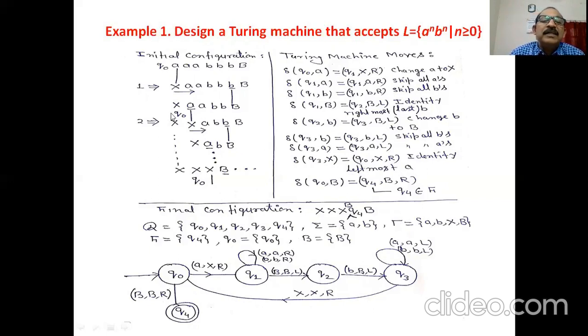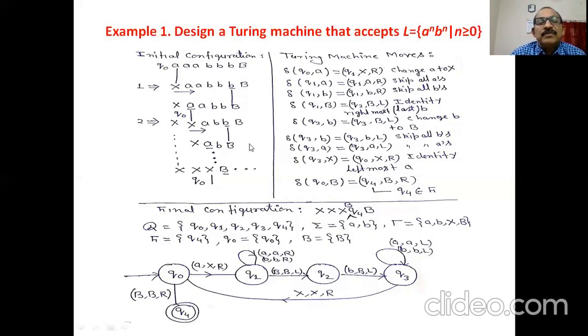And what will be our next step? We repeat the same things: convert this A into X, move in the right direction, skip all A's and all B's, and we now convert this rightmost B into capital B. Okay, is it clear? And we repeat